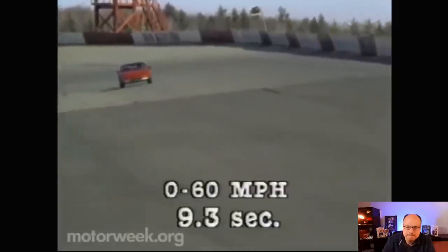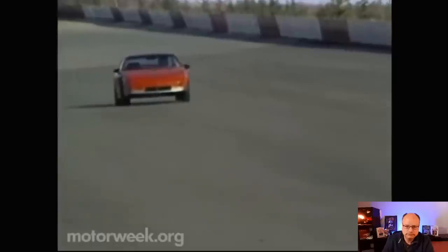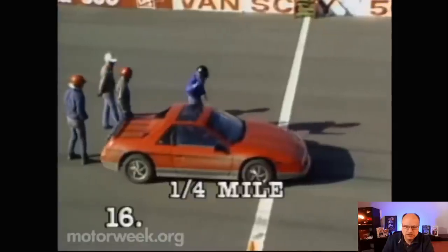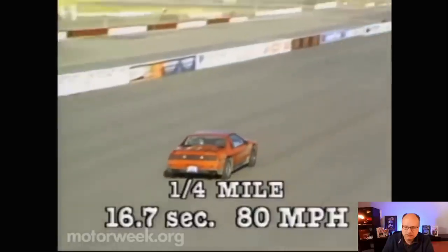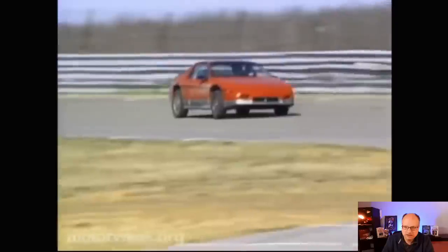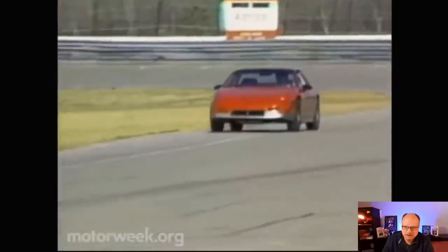A 0 to 60 sprint was 15% faster at 9.3 seconds. With a manual, it might be more like 8.3. And the quarter mile that we rated good in the original Fiero is now downright quick at 16.7 seconds and 80 miles per hour. But with 2,700 V6 equipped pounds to pull around, our Fiero GT seemed heavier and slower